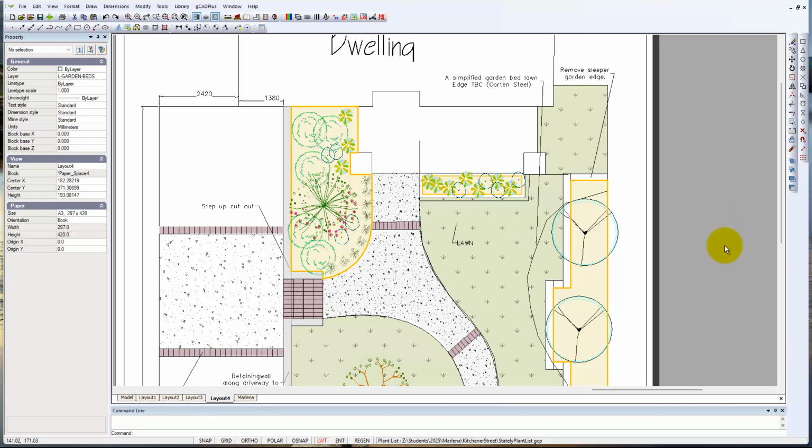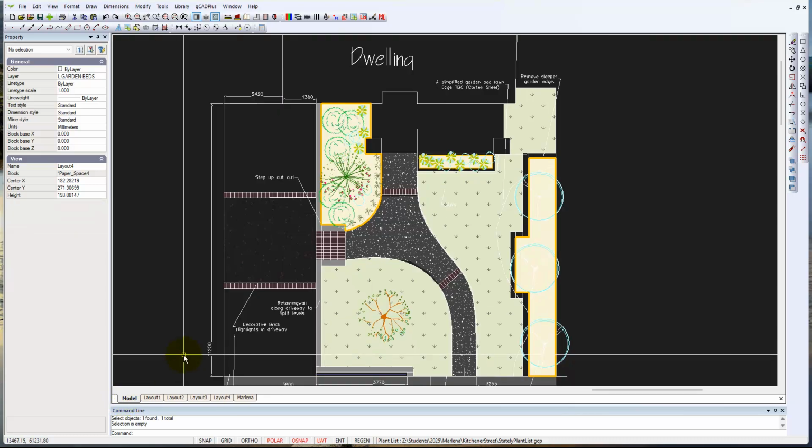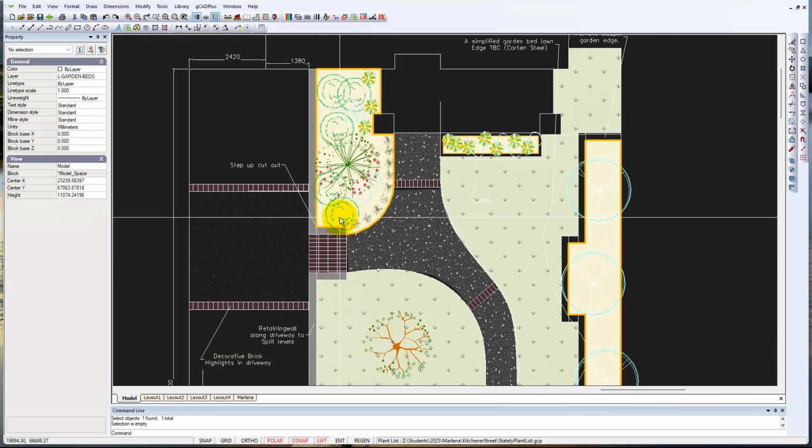Our designer who's working on this drawing wants to know how to create a plant schedule, and can gCADPlus give some tools that will help do that? Well, it can. If we go back to the model now,